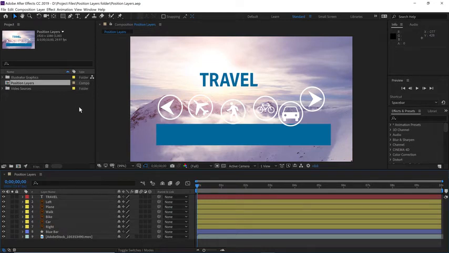At some point, everyone will experience the challenge of organizing and positioning layers in a composition, but using the right tools and features can make this process a little bit easier. If we look at our project, you'll notice we have a bunch of different layers that really aren't very well organized. As we organize these layers, we're going to work on creating a touchscreen interface focused around these different travel